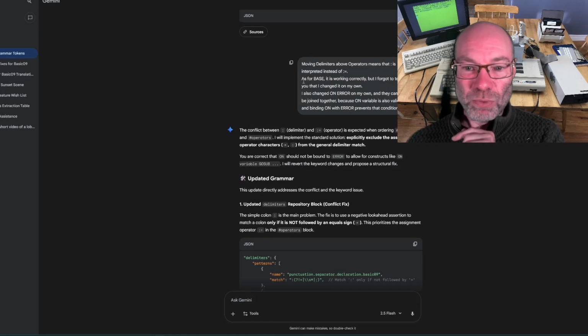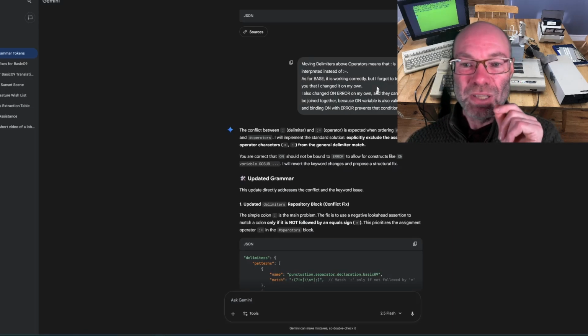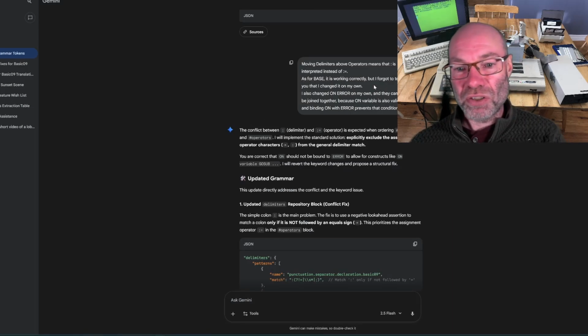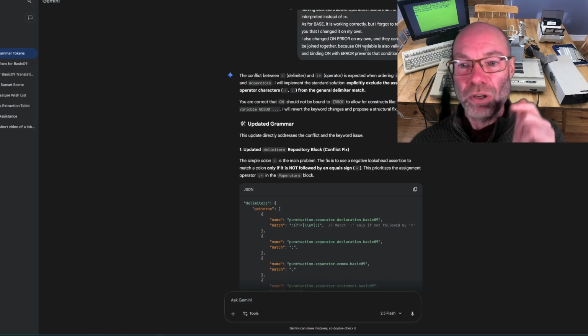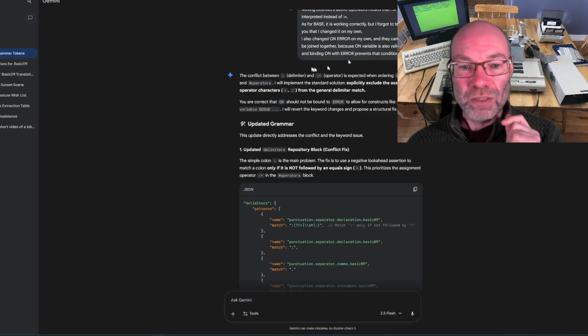Oh yeah, so that's where I actually told it here. It said, as for the base, it is working correctly, but I forgot to tell you that I changed it on my own, and I also changed on error on my own, and they cannot be joined together because on variable is also valid, and binding on with error prevents that condition. So then